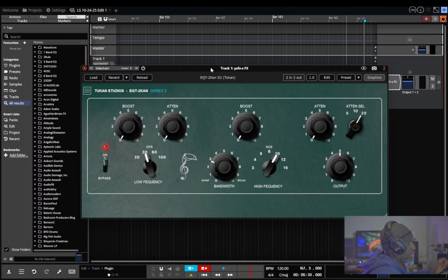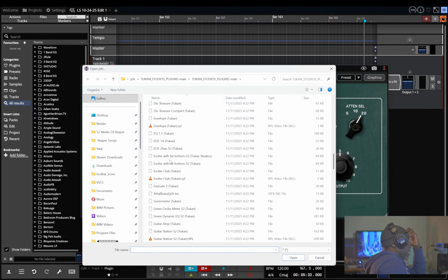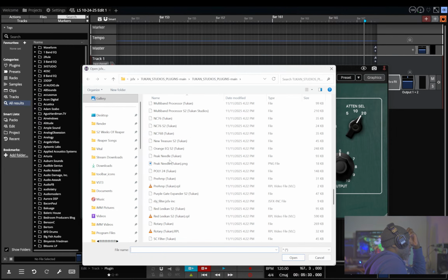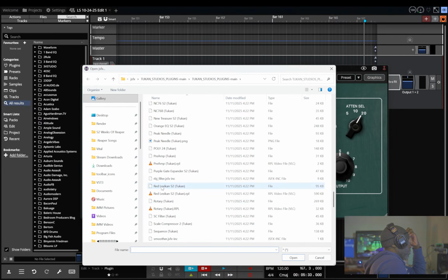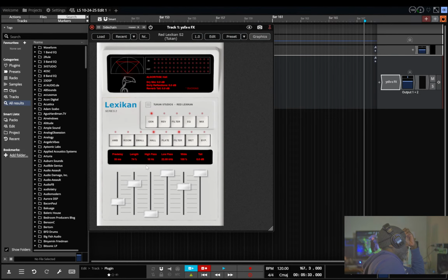Whatever compressor you need, there's a modulator. There's even an actual reverb ducker. There are a bunch of reverbs, a good amount of Lexicon reverb emulation. There's a blue Lexicon, there's a red Lexicon. There goes the red Lexicon. These sound really good. So just explore his YouTube channel and you'll get more of an overview of what's available,